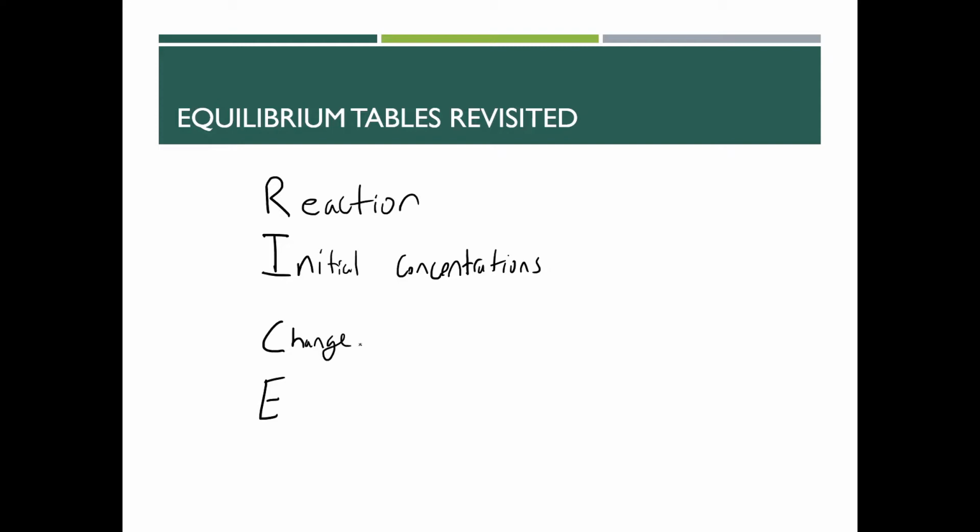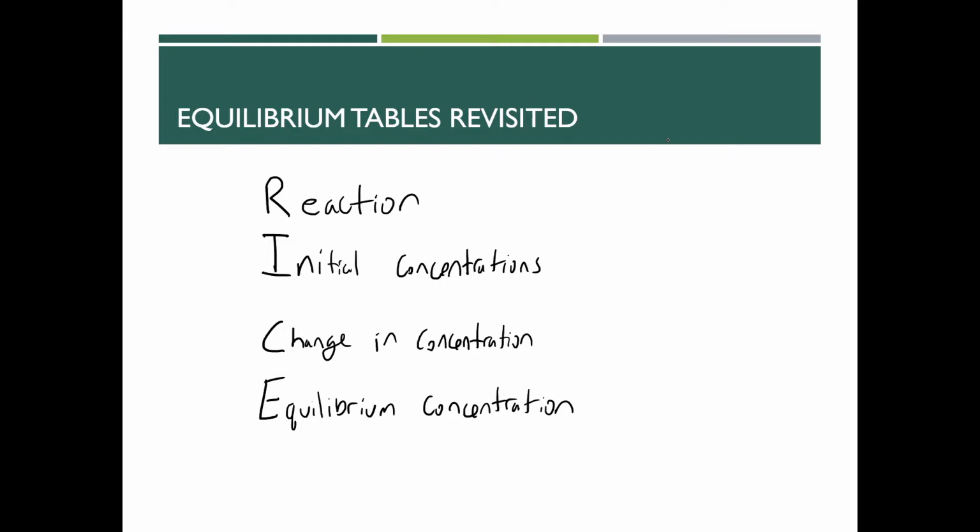The next row was change in concentration. And finally, you had equilibrium concentrations. We're going to be using these tables again as we talk about Ka calculations and by extension Kb calculations,